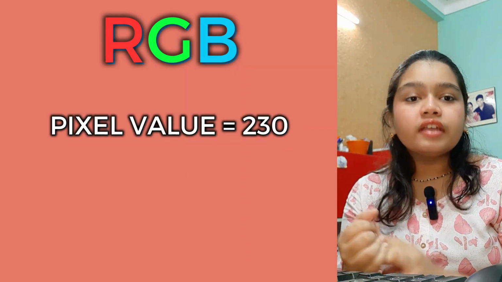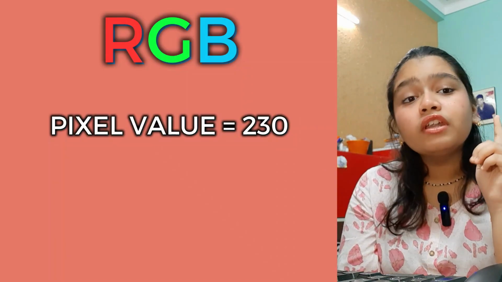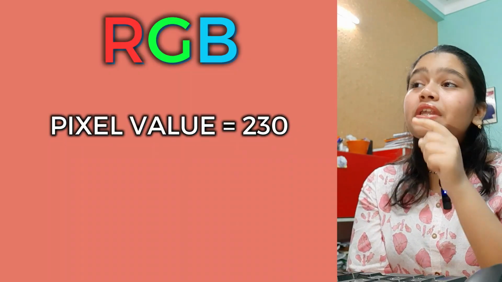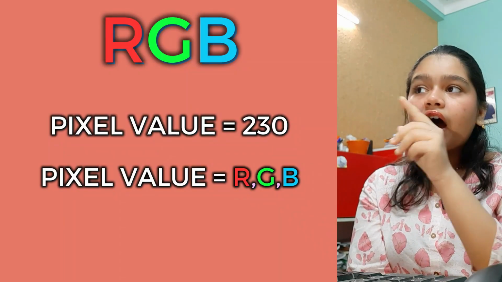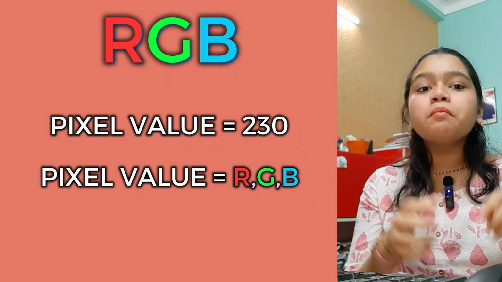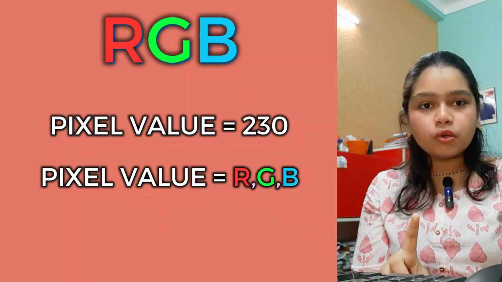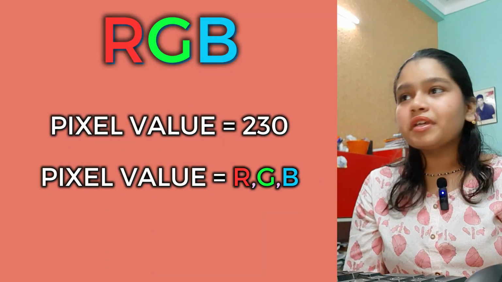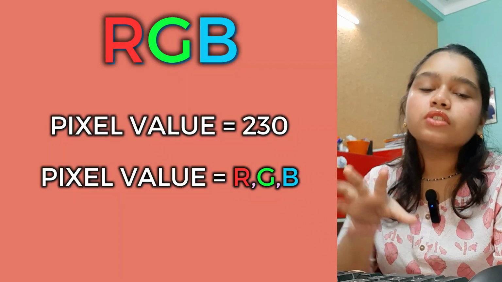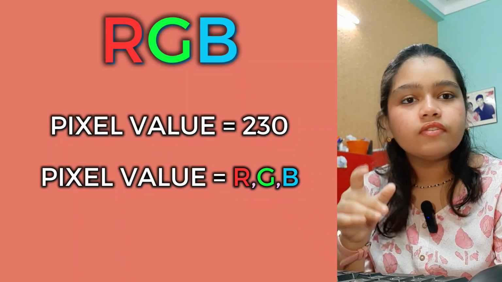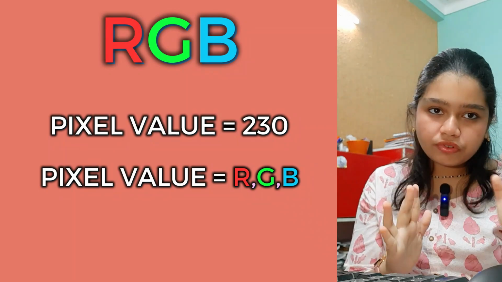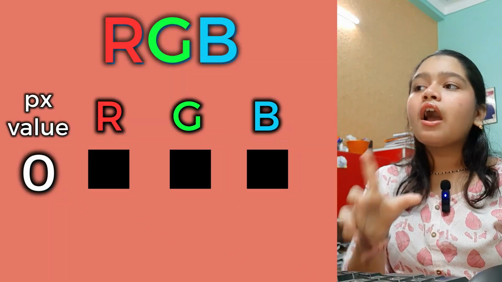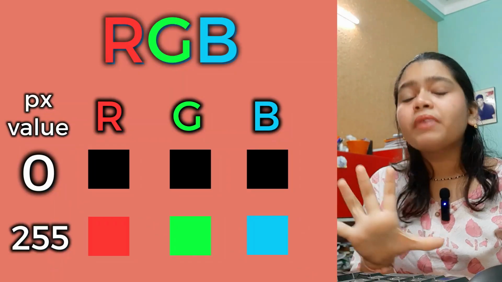Our pixel in the grayscale image used to contain only one value, from 0 to 255, but here each pixel will have 3 values, R, G and B. That means we can mix red, green and blue in any proportion to create a new color for that particular pixel. Got it? And here also the values of R, G and B will be within the range from 0 to 255. 0 means there will be no light for that particular color, and 255 means there will be full brightness for that color.